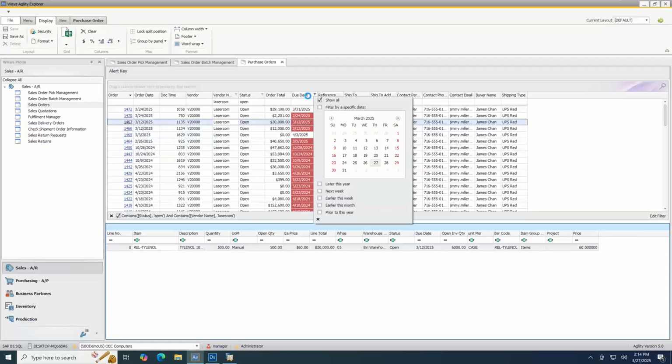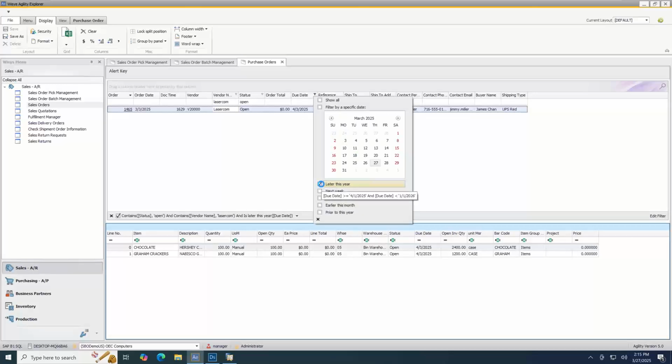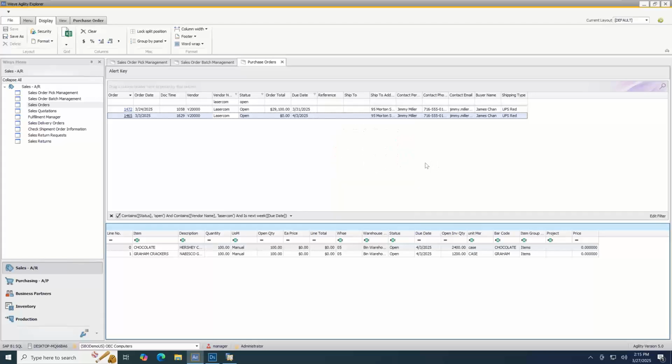Now, again, I can actually select this filter, and I can look at a specific period in time, later this week. Now, I only have one order that is due later this week. I can really scope into that and drill down into that information and look at next week. So I've selected some filters. I've filtered out by name, by status, and I have that information here. And I can see everything that's on that purchase order and what's open, what's available, and where it's going to,